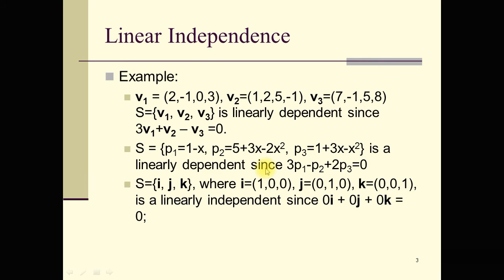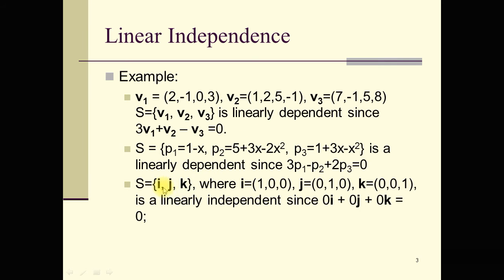This is linearly dependent because 3p1 minus p2 plus 2p3 is equal to 0, and we have already solved polynomials for the linear combinations. By the definition of linear independence, k1p1 plus k2p2 plus k3p3 will be equal to 0. So find the value of k1, k2 and k3. This is the value of k1, minus 1 is the value of k2, and plus 2 is the value of k3, and you see over here the system has a non-trivial solution. So in this case the vectors, these polynomials, are linearly dependent.